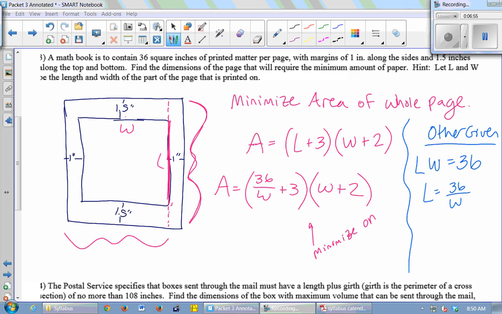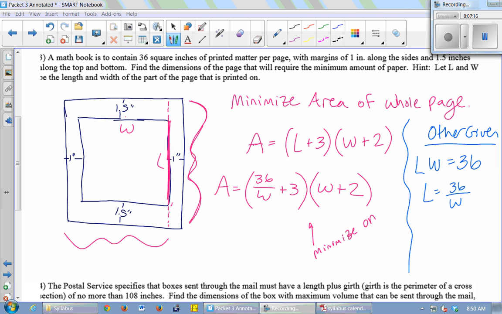Interrupt you for 1 second. So we're trying to minimize this on what interval? What interval of W makes sense for this problem? What's the smallest W could be? 0, but not 0, because